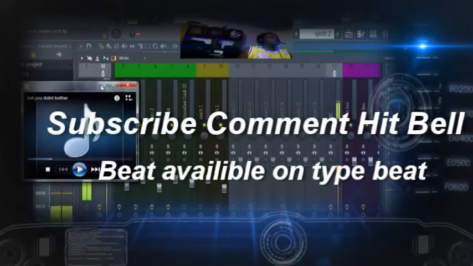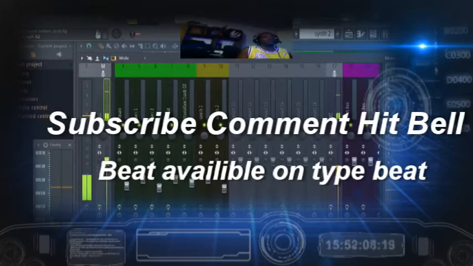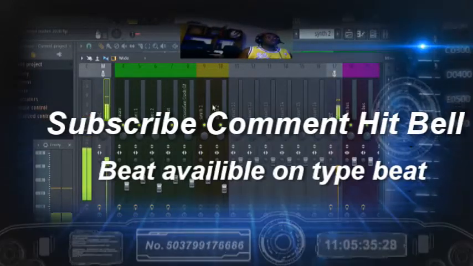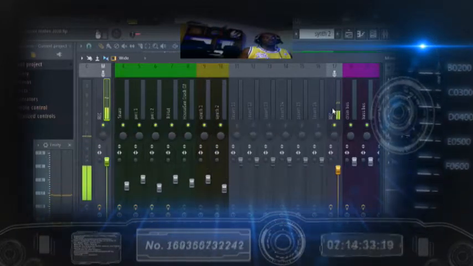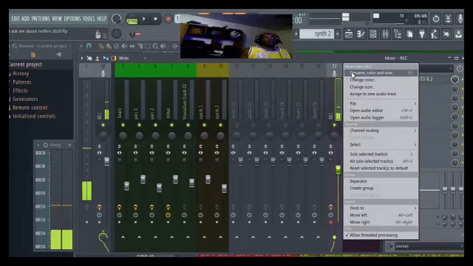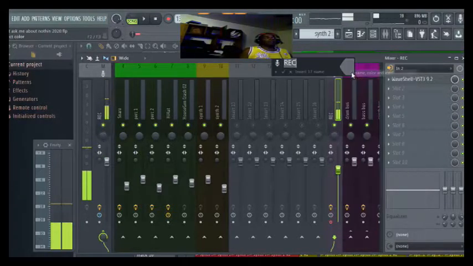All right, so how to properly record the vocals. First, you want to select, I already have some music here. You want to select an empty track or empty insert, okay, like I have right here. The next thing, you want to right click it, go up here to name, okay,